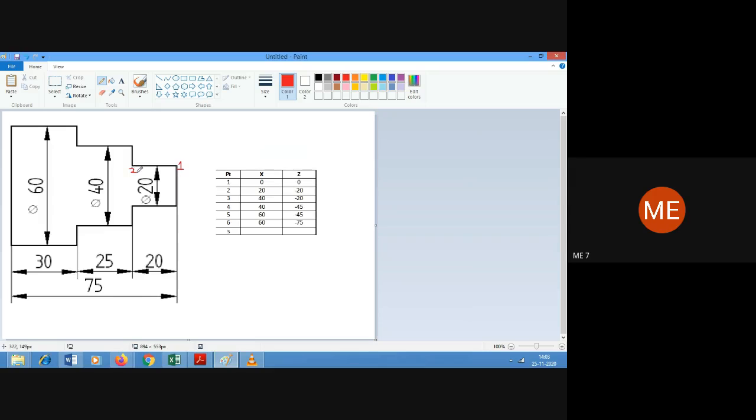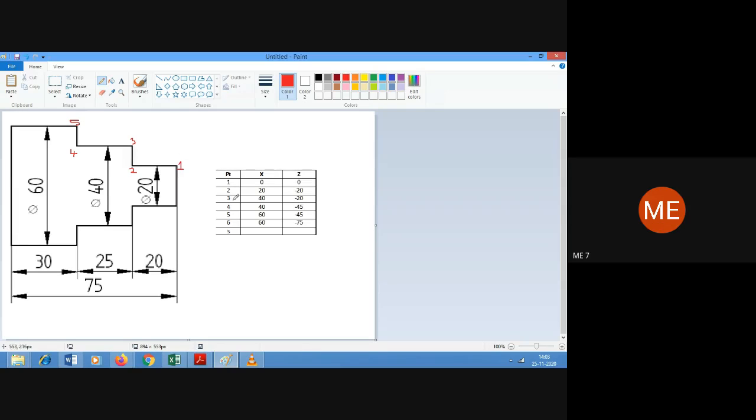Then point number 2 will be for a diameter of 20, distance minus 20. Then point number 3 will be for a diameter of 40, distance minus 20. Then point number 4, whose coordinate will be 40 mm diameter and distance minus 45.